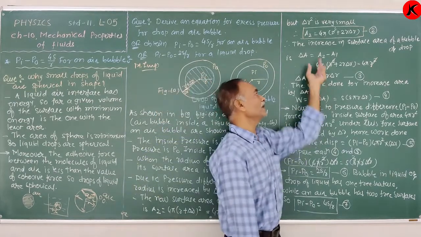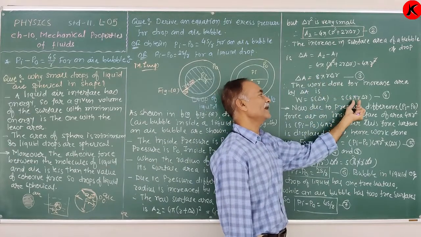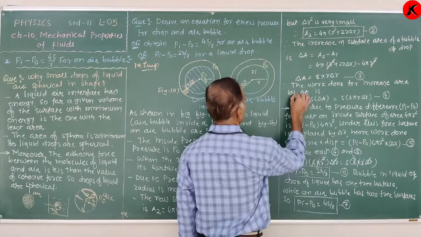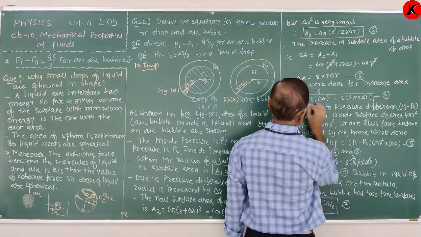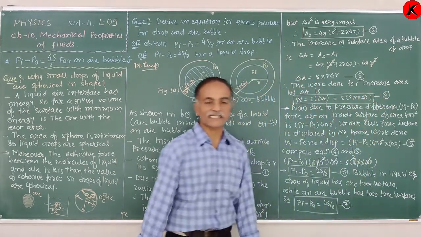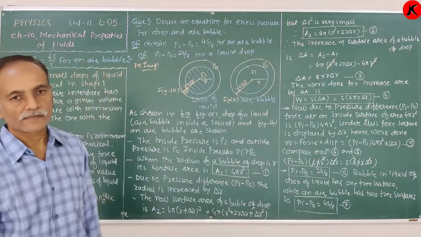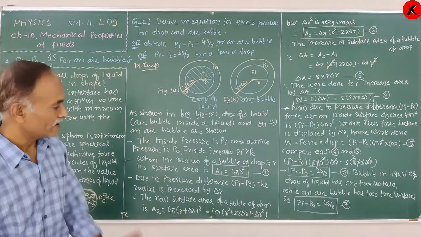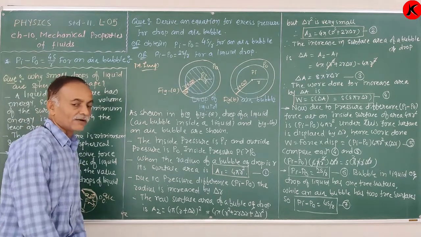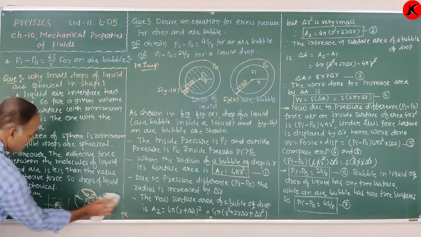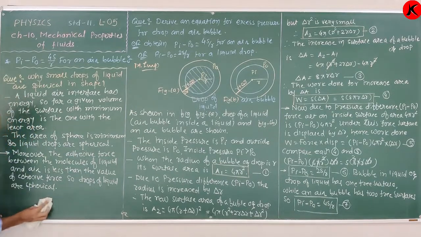Therefore, S into value of delta A, 8 pi R delta R. That is our one equation of the work. W is equal to S into 8 pi R delta R. Clear? Okay. Now, our second concept is that here the pressure difference, inside pressure is much more than the outside